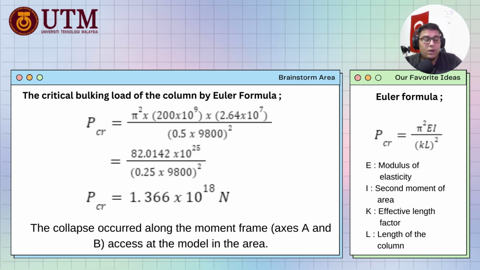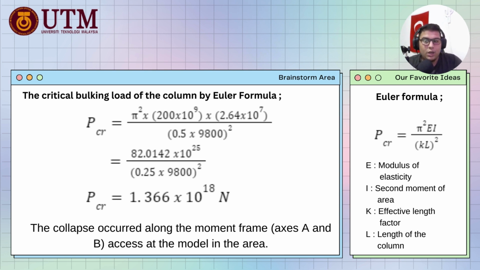Now, as we have the reference for our formula, Pcr equals pi squared multiplied by 200 times 10 to the power 9, multiplied by 2.64 times 10 to the power 2, divided by 0.5 multiplied by 9800 squared. After calculating all this, the result is Pcr equals 1.366 times 10 to the power 18 Newton, as we write here,